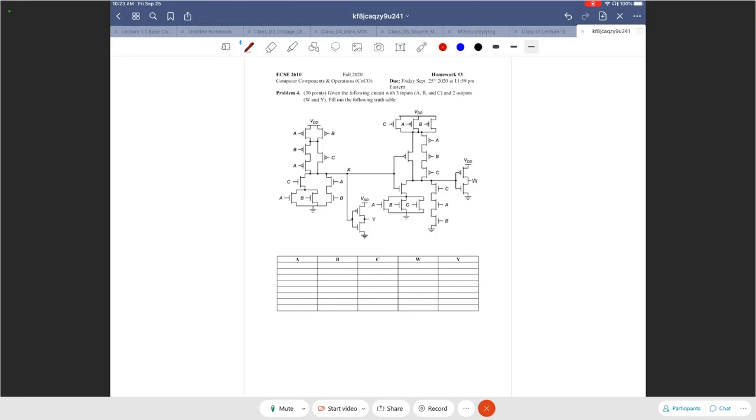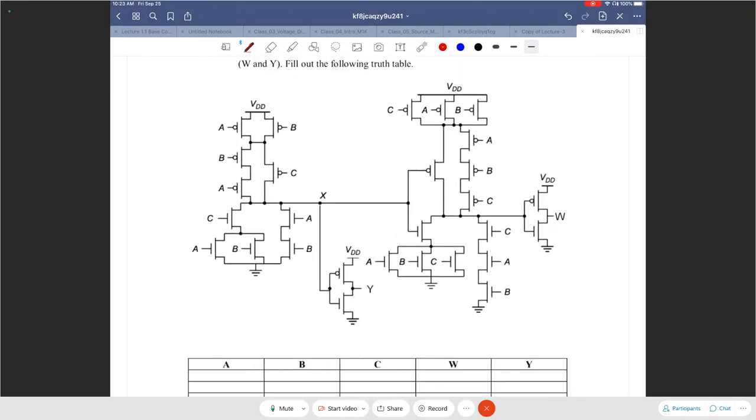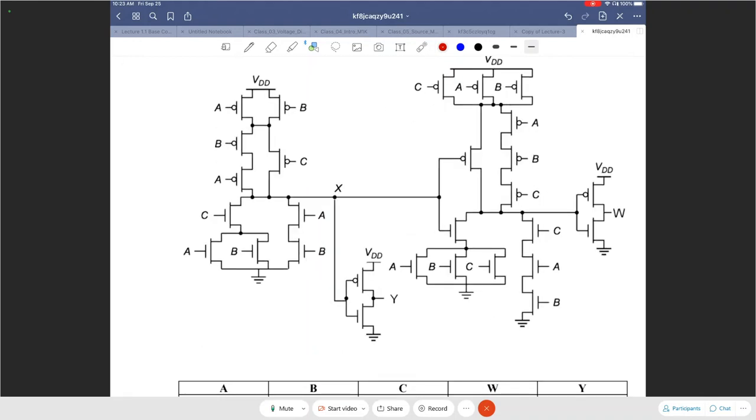All right, so the best way to go about this problem is to first recognize that all the pull down networks and all the pull up networks are going to be complements of each other. So for example, in the first part, you see A